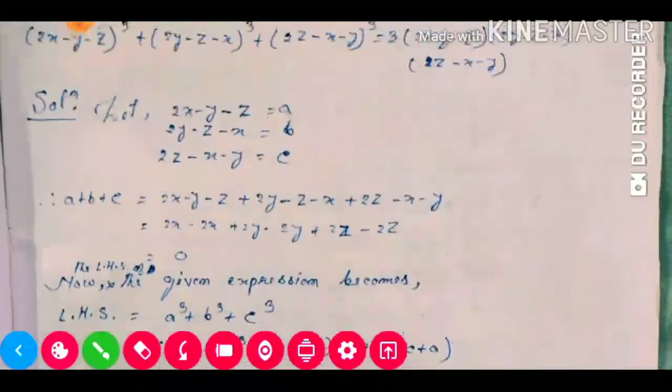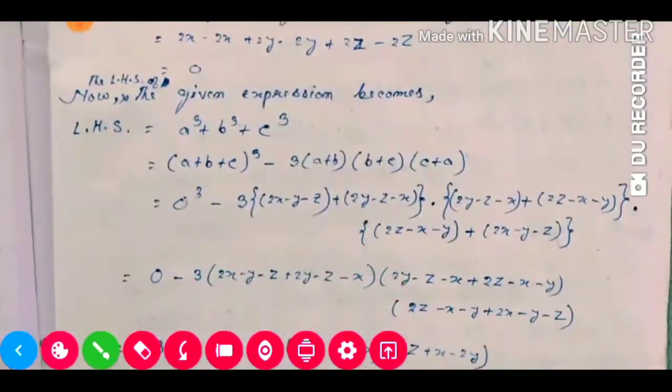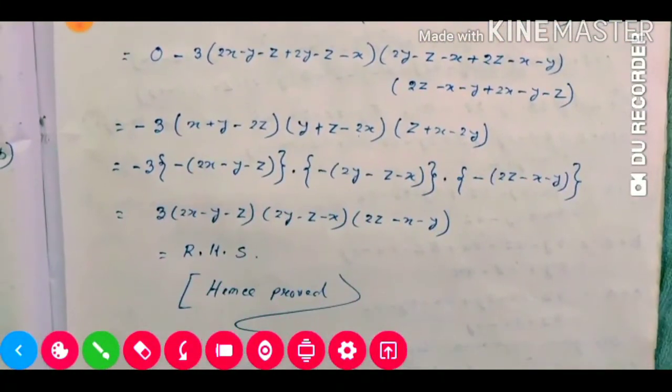The next portion is given 2y. So 2y will be positive. So where 2y is there, see this portion, 2y is there, but 2y is negative, so we will take minus as common, same as before. So 2y will be positive and remaining z, which was positive, will now be negative. x also positive, so this one will be negative because we took minus as common.